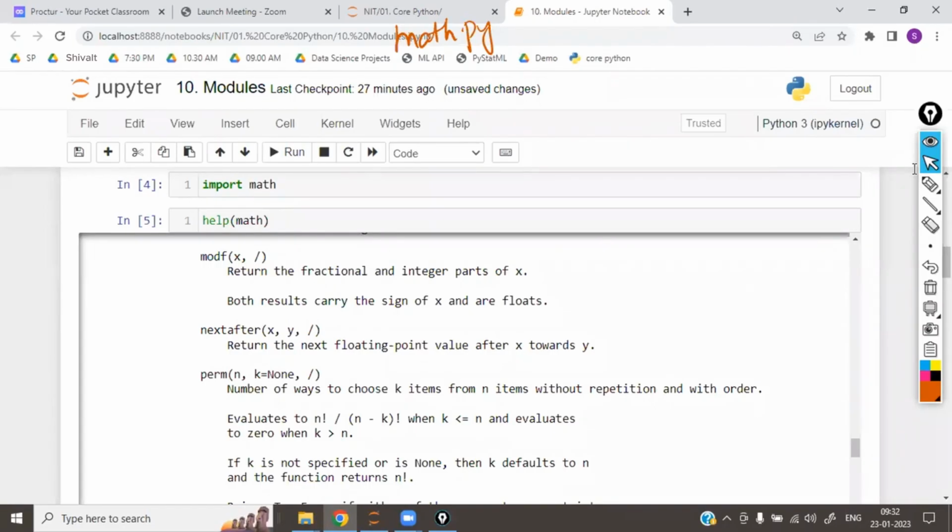I know that I can't remember more things. Why should I waste my valuable brain space on these unnecessary things? So I'm not going to waste it on unnecessary things. No, sir, I want to learn. Miss, go and learn as per your choice. If tomorrow you are working as a mathematician, obviously you have to learn all these things. If you are working as a data scientist, whatever functions a data scientist requires, that you have to learn. I have already told you, if you want to learn all the functions in Python, miss,